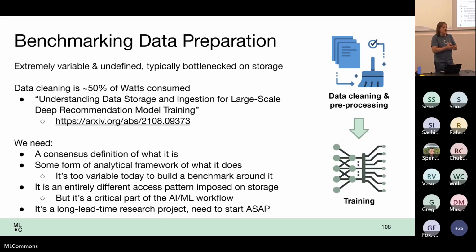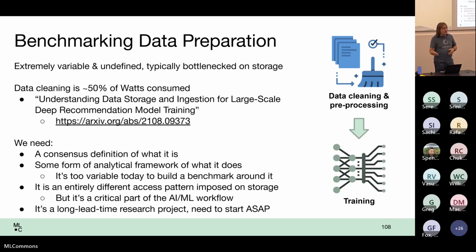Data prep. There was a study, a paper published by Meta about 4 years ago, 2019, I think. But their claim was that data prep takes about 50% of the total electricity watts consumed. So training proper and the power-hungry GPUs are a piece of it, but just the data prep that they had to do was about half-ish. Yeah, it was very eye-opening for me as well. Even though I don't know that much about AI, it's like, wow, okay. That's all just CPU, normal sorts of processing, image manipulation processing, not particularly GPU-based.